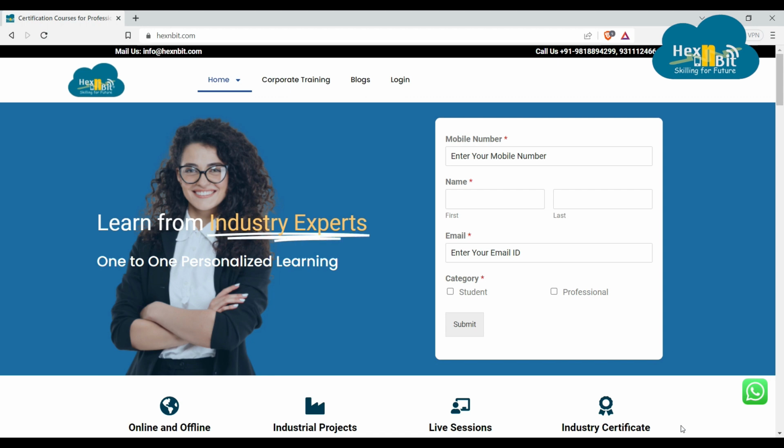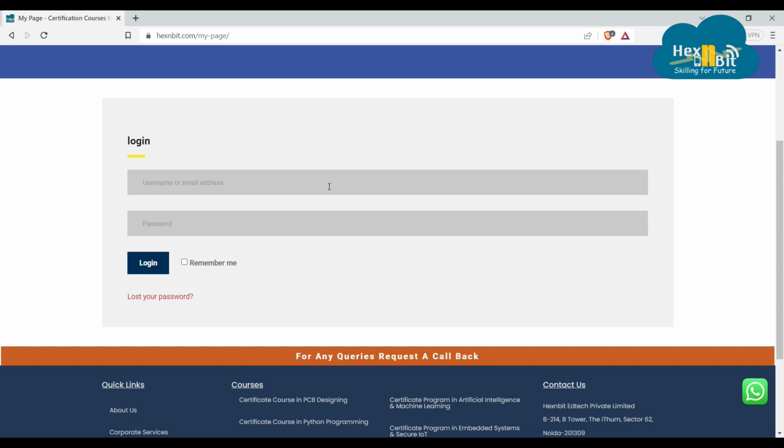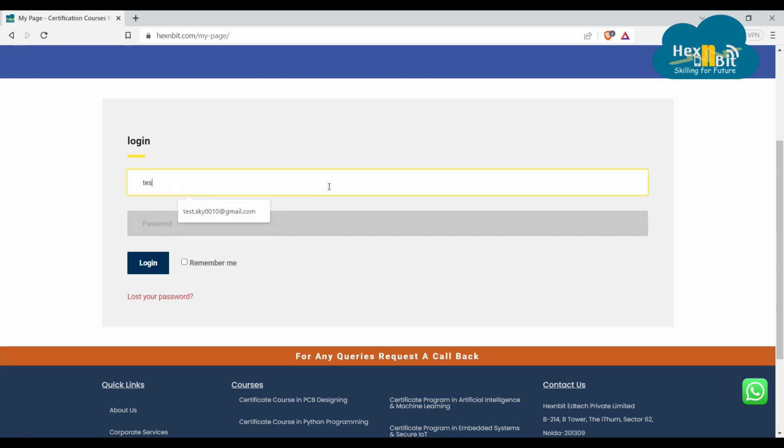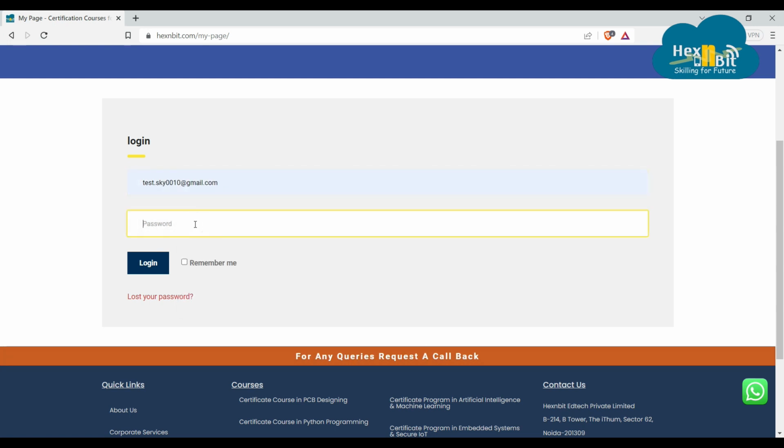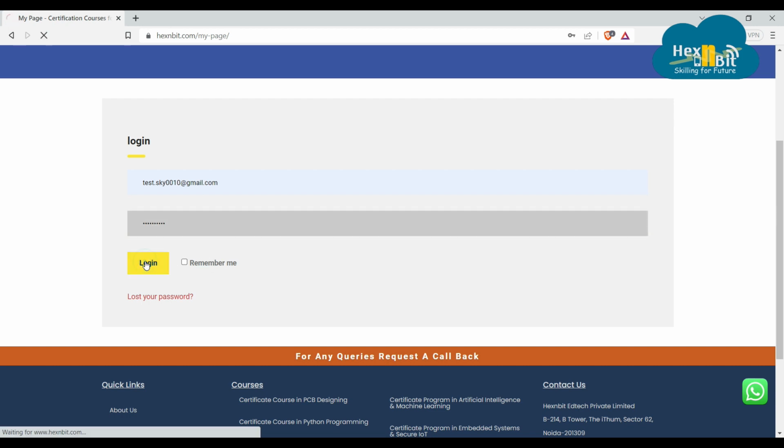So first you need to log in. Click on this login, and after that use the registered mail ID. So I'm entering my details. And after the successful login,